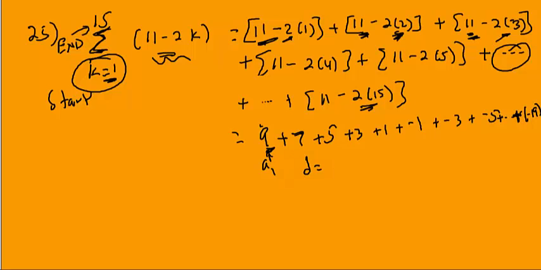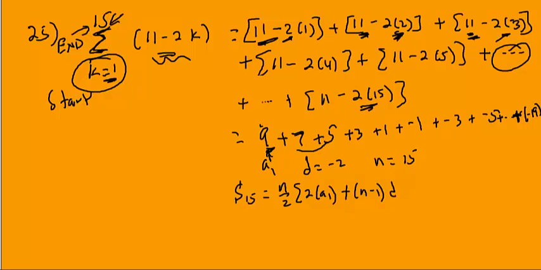My difference is 2 going down, so it'll be negative 2. And then we also know what my n is. n happens to be 15 because I'm adding up 15 terms right there. So I can find my S sub 15 using my formula: n over 2, all that times 2 times a sub 1 plus n minus 1 times the difference, which is really 15 over 2, all that times 2 times 9, plus 15 minus 1